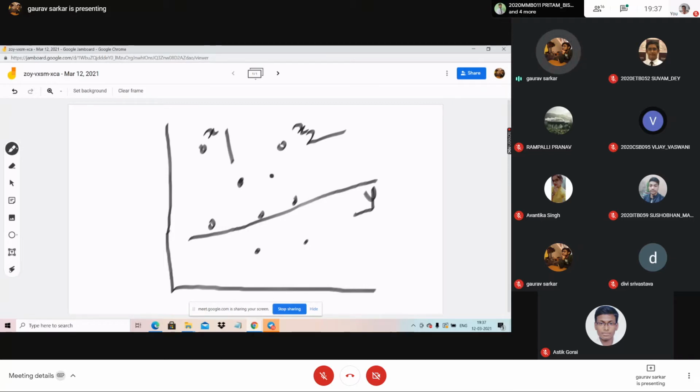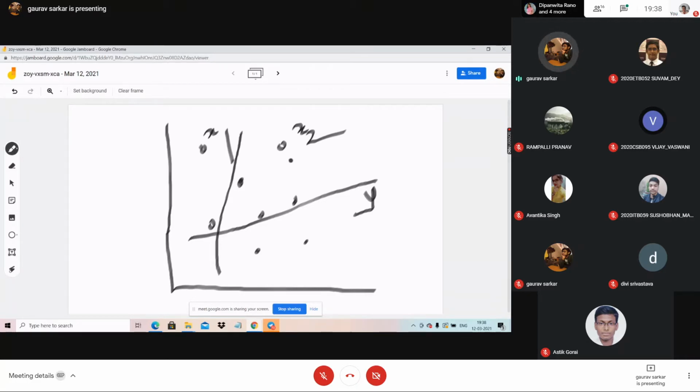Now you will agree with me that you can't make this straight line pass through all the points. If you draw a straight line, it will pass through, let's say, 2 points. You can see it is roughly passing through 2 points. At one point of time, you can't draw a straight line which passes through all these points. So what you have to do is make an optimum straight line which passes through the maximum number of points. So this is basically a regression problem.